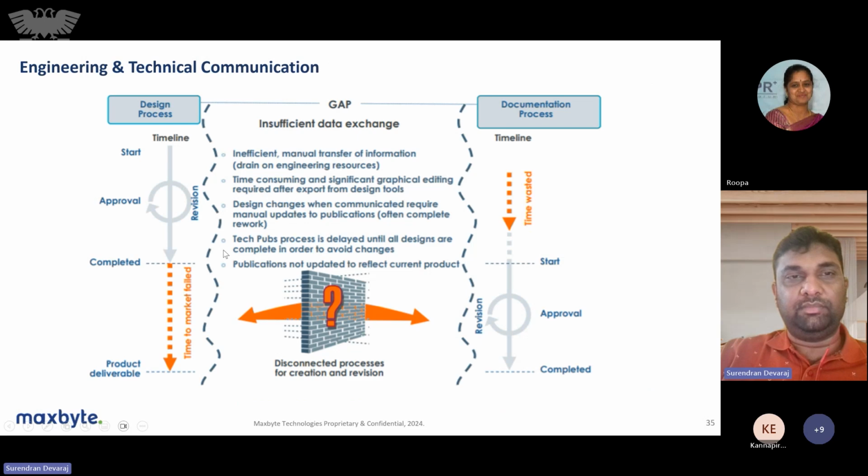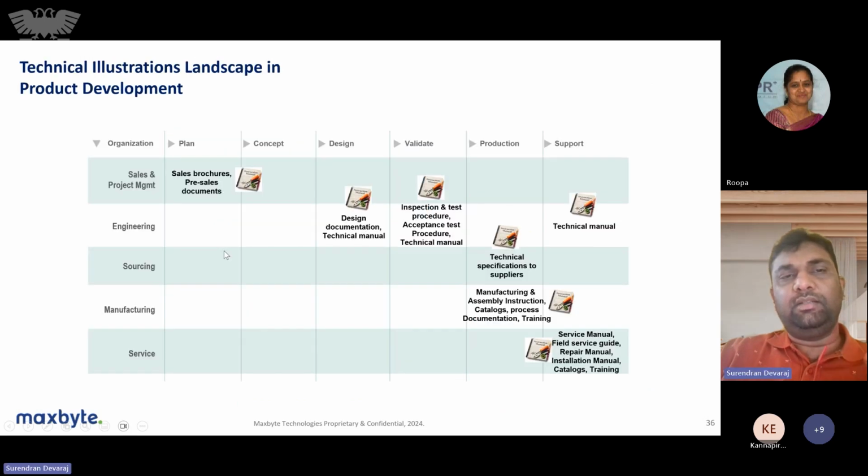Again, another set of examples here. And one more area in this particular context is what we call IETM, that is Interactive Electronic Technical Manual. That will help with the technical illustrations of the complete product development and the landscape. So how are these documents handled